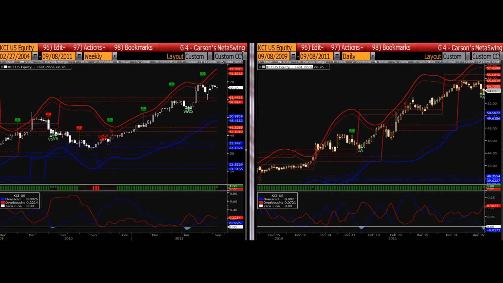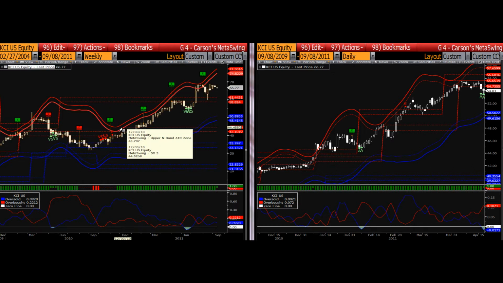And going across the asset class universe, we're going to look at equity here, KCI, and this is interesting because it's had several examples of multi-time frame support and being able to lean against that. In the first instance, if you're going to play something like earnings, for example, this one here on February 1st, you've had price in a downtrend starting to turn up, and let's say your fundamental or other research is suggesting a positive earnings outcome. Now you have these levels that were set in back in early December, and so now you have